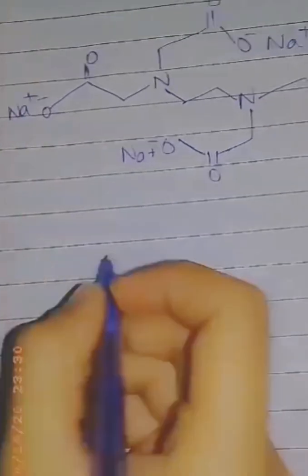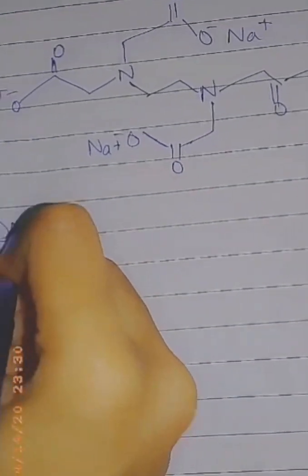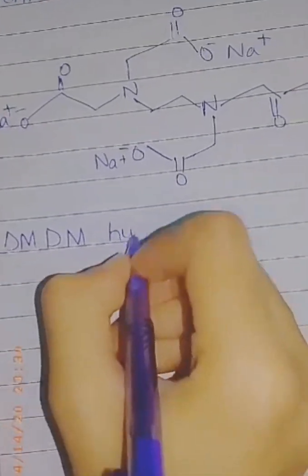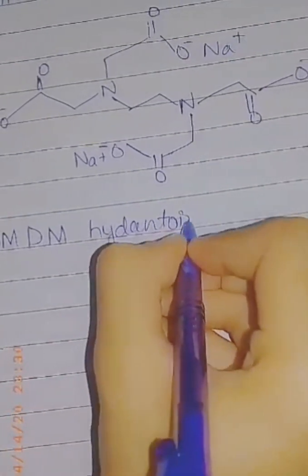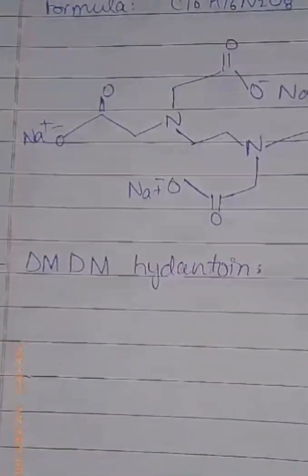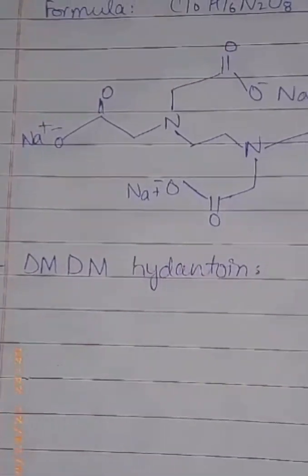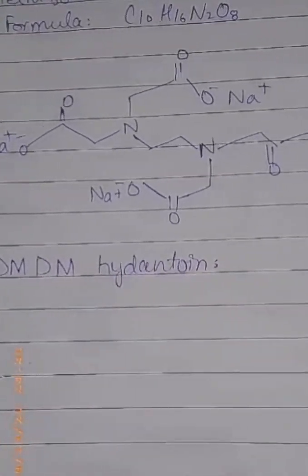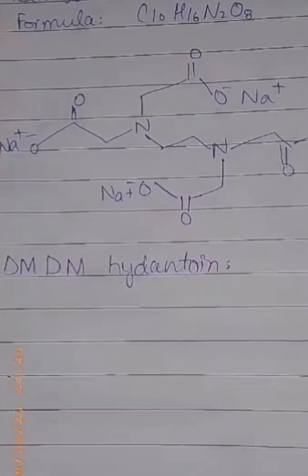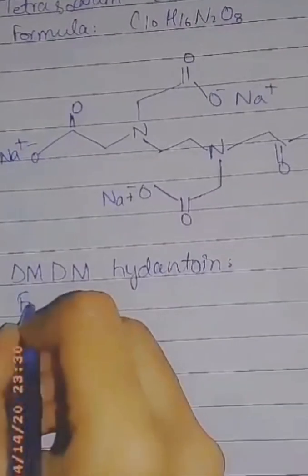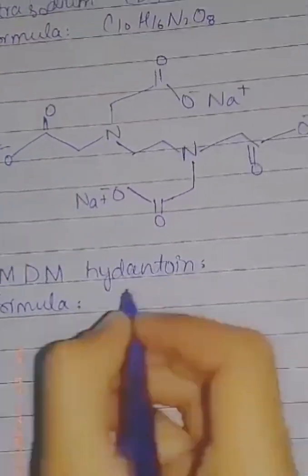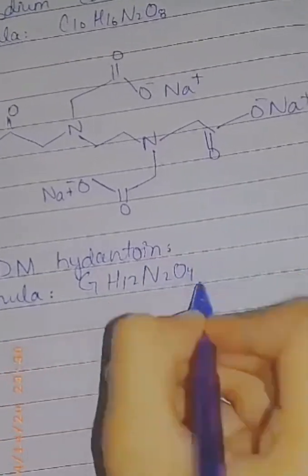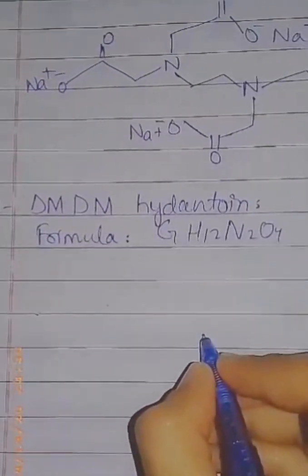Number 11 is DMDM hydantoin. It is an antibacterial, formaldehyde releaser, and preservative, and it increases the shelf life of cosmetics such as shampoo, soap, etc. And its formula is C7H12N2O4, and its structure is